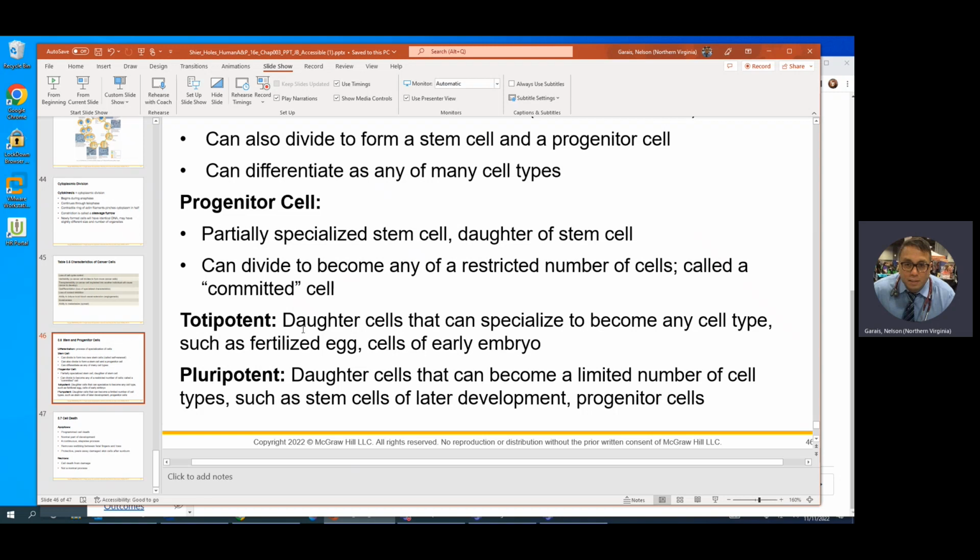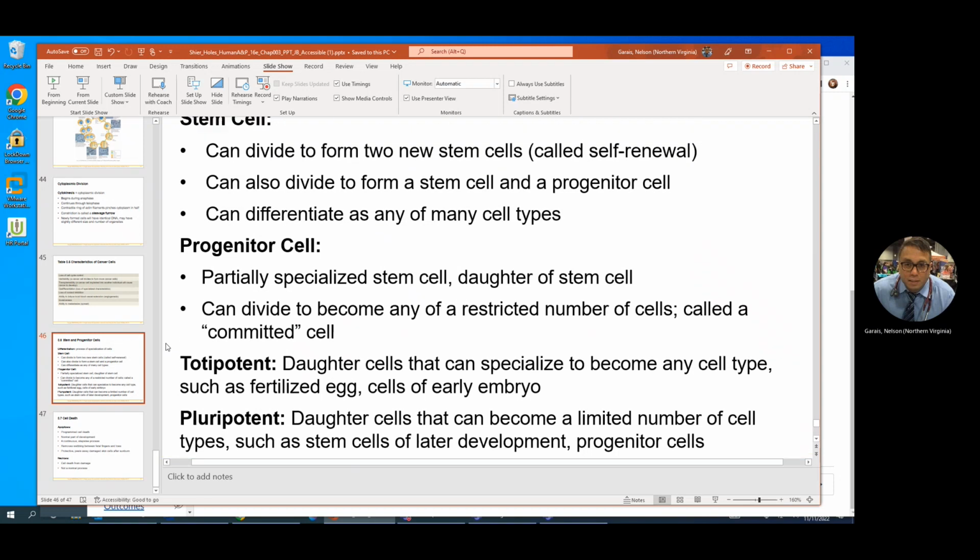I can have a totipotent cell that can be what? Any type of cell. And a pluripotent cell has a what? A limited amount of leeway on what it's going to be. So toti, think what? Anything. Pluri, plural, something. So that's my quick review for chapter 3,